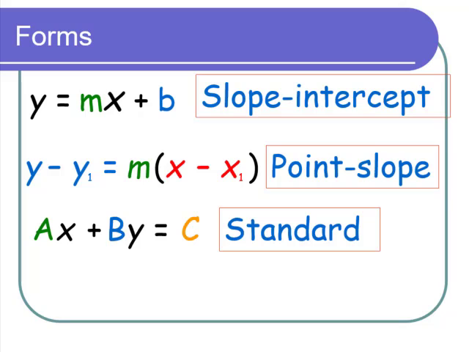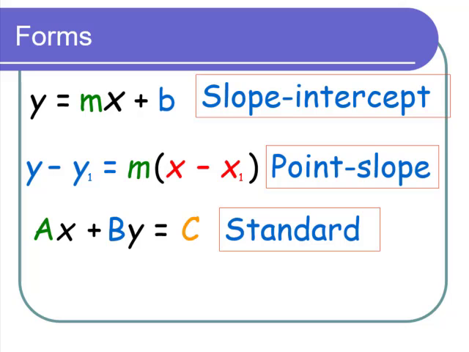Let's revisit how we graph lines. We have three formulas when graphing lines: slope-intercept form, point-slope form, and standard form. The form that we use the most when graphing is slope-intercept, though the other two are used. Standard form we usually use if we're looking for intercepts and graphing intercepts. Point-slope form is the one that we tend to not use, but we actually are using it every single time